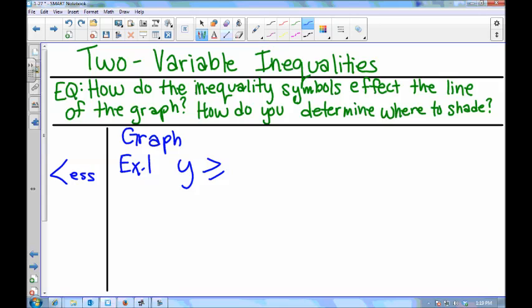Thank you. All right, here's our inequality. y is greater than or equal to negative 2x plus 1. And we're going to graph that. There's different ways we can go about graphing. We could get an XY table and get a bunch of points, or